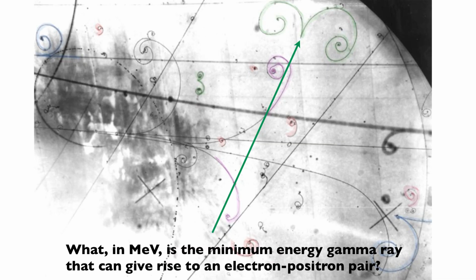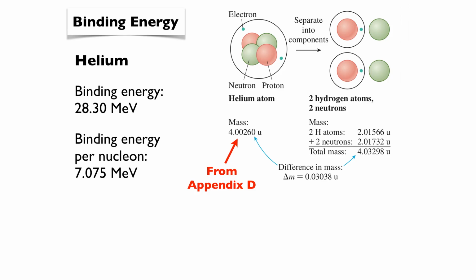We're going to first do something and say, what is the energy needed to make an electron-positron pair? We're going to go ahead and compute that in class. So let's take a look at this situation right here. I'm going to look at a helium atom. Now, a helium atom has a nucleus consisting of 2 neutrons and 2 protons. It's got 2 electrons associated with it. If I broke it into components, there's basically 2 hydrogen atoms, 2 protons with electrons circulating them, and 2 neutrons. The total mass of 2 hydrogen atoms plus 2 neutrons is 4.03298 atomic mass units,